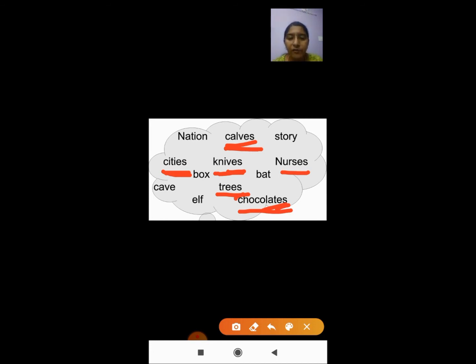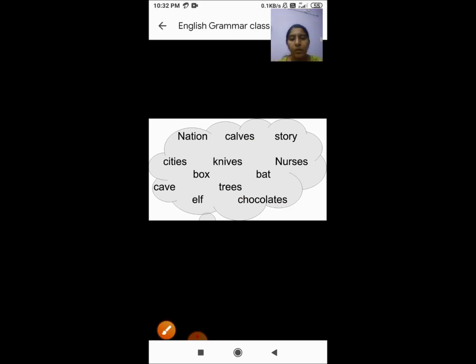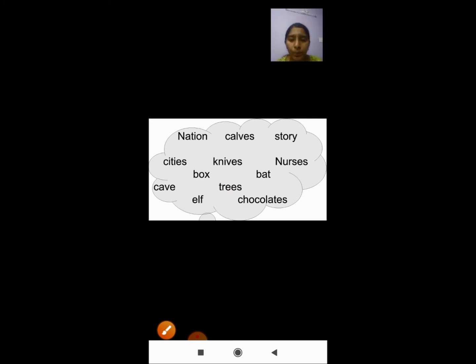Okay, so this is the difference you should know. So when you see the word ends with these letters, VES, IES or ES, then those words are plural. Okay, those words are plural words. Okay, children. So whenever you see the words ending with VES, IES or ES, then it is plural. Okay, shall we move on to the next?